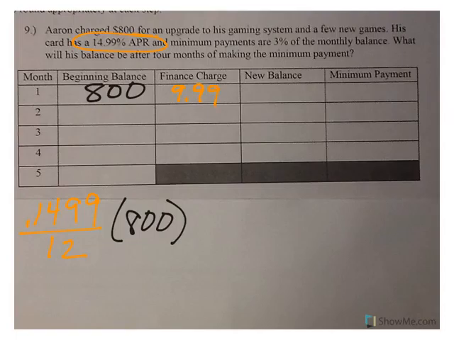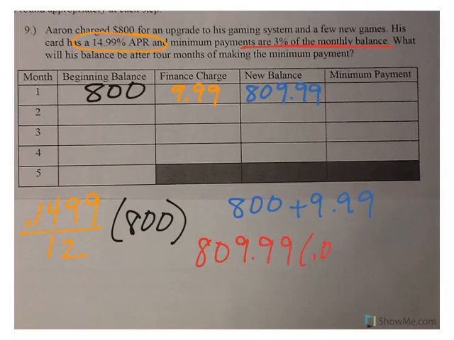So the finance charge is in orange, right? 0.1499 divided by 12, multiplied by your beginning balance. Now, to find my new balance, I'm going to take my beginning balance and add my finance charge. So when I do that, my new balance is $809.99. Recall up top, 3% of the new balance is the minimum payment. So if I take Aaron's balance of $809.99 and multiply by 0.03, because 3% is 0.03, that will give me the minimum payment of